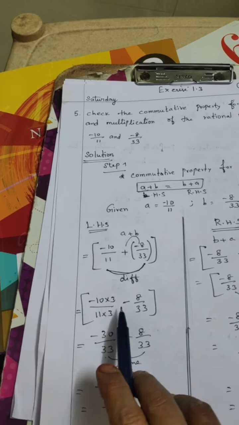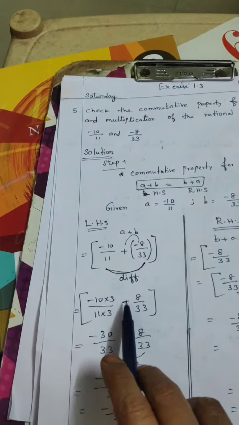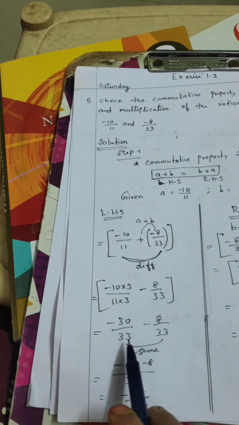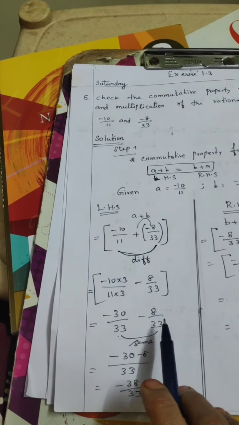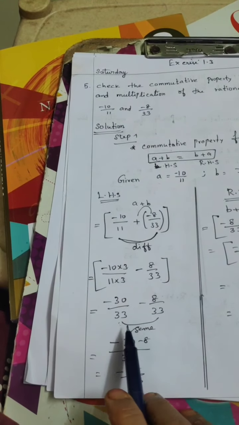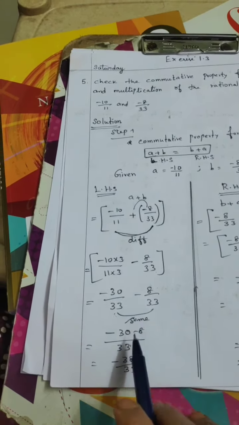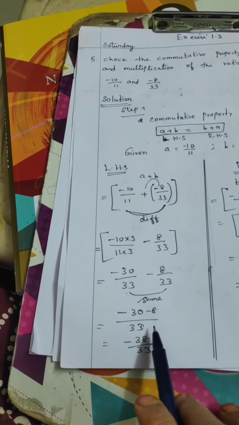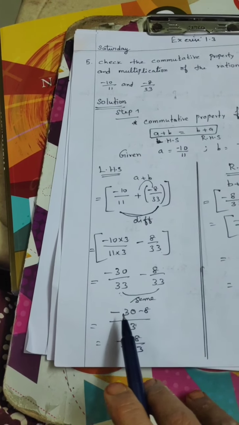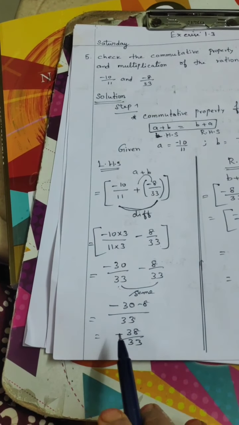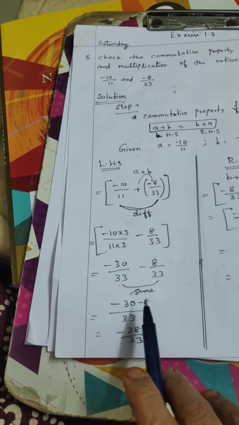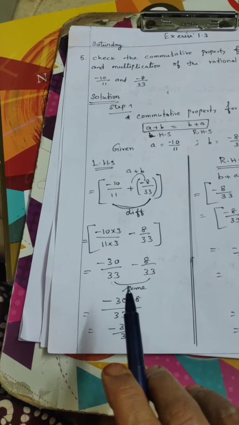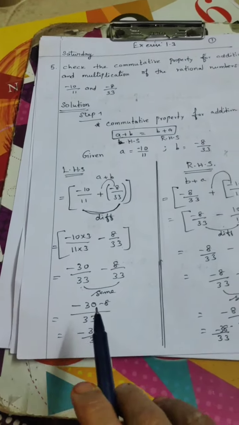Now understand. Next, plus, into minus 8 by 33. Minus 10 3s are 30, 11 3s are 33, minus 8 by 33. Now the denominators, both are the same number, so write it one time. First numerator is minus 30, second number is minus 8. Two numbers with like signs: put the same sign and add the numbers. 30 plus 8 is 38. Should not subtract the numbers. With like signs, you add the numbers and just put the same sign.